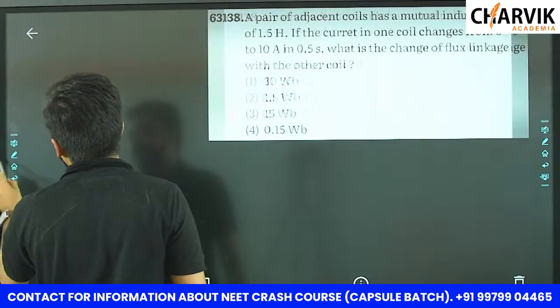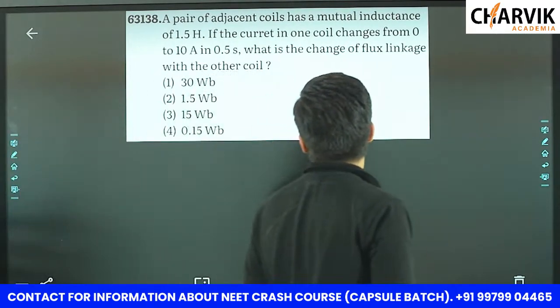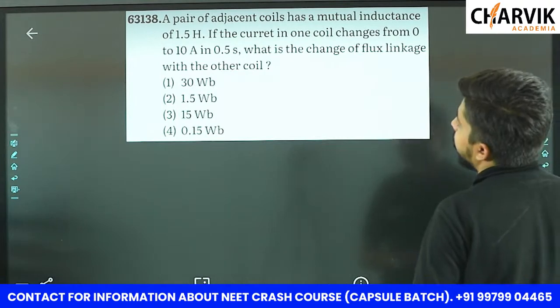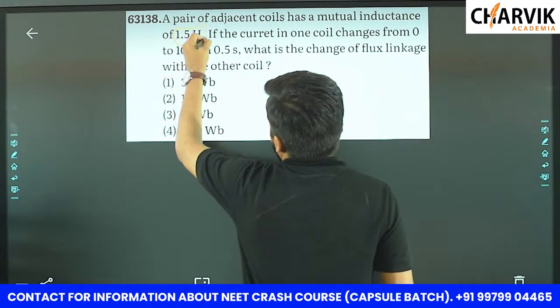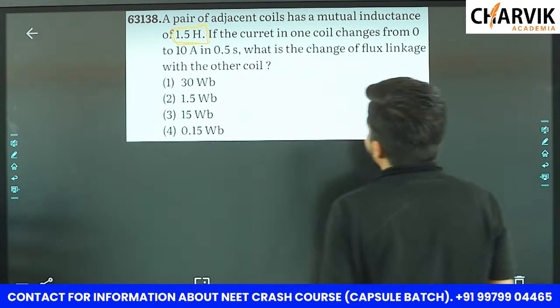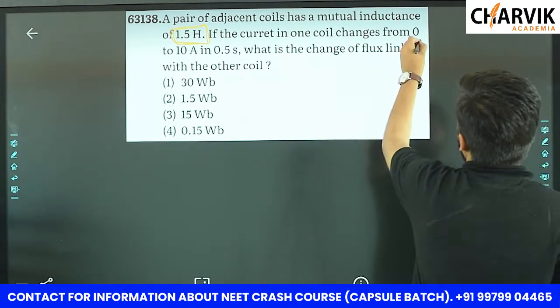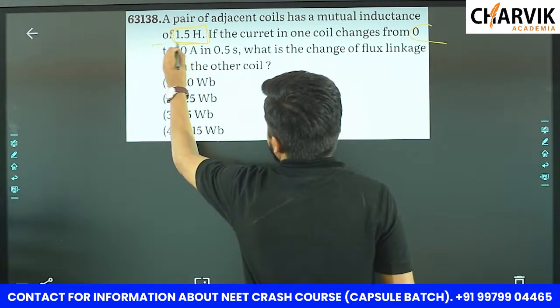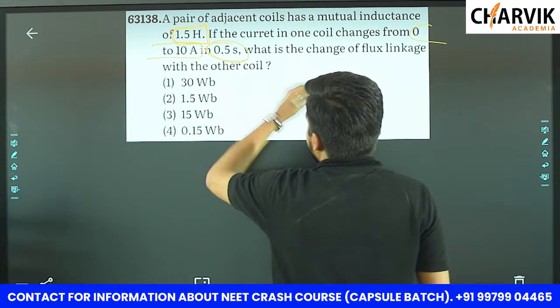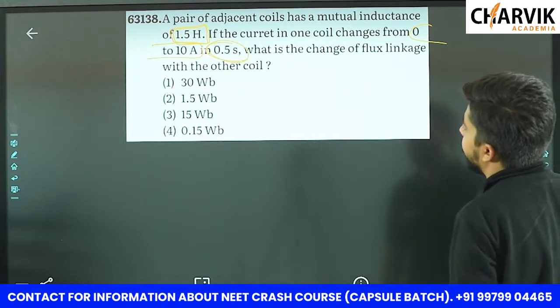Let us move to the next question. The next question says a pair of adjacent coils has a mutual inductance of 1.5 Henry. Mutual inductance capital M is given. If the current in one coil changes from 0 to 10, the change in current is given from 0 to 10, and the change in time is given as 0.5. What is the change